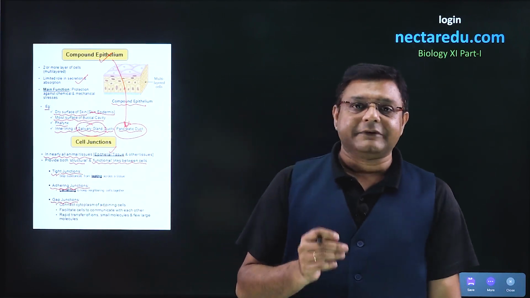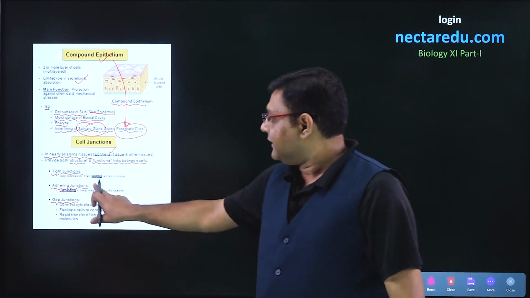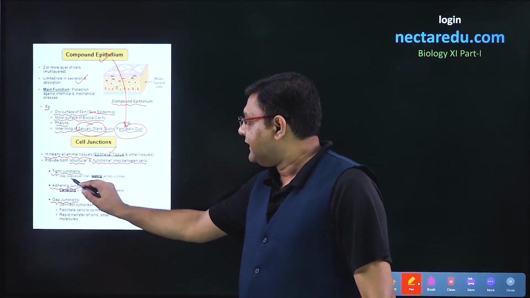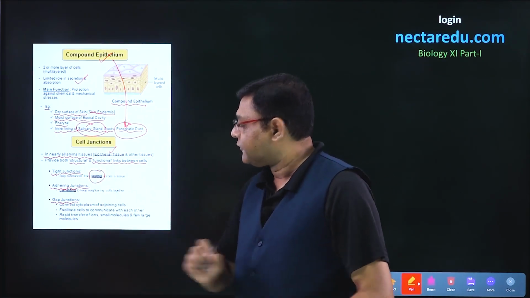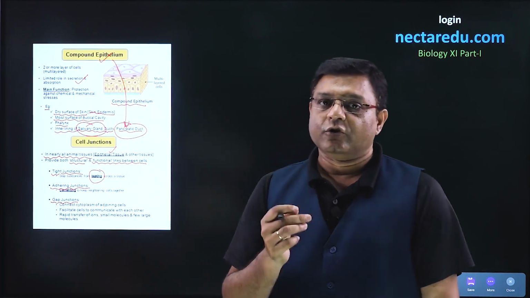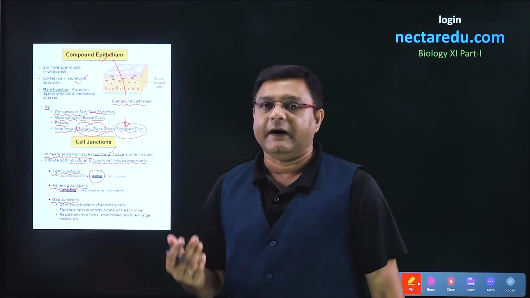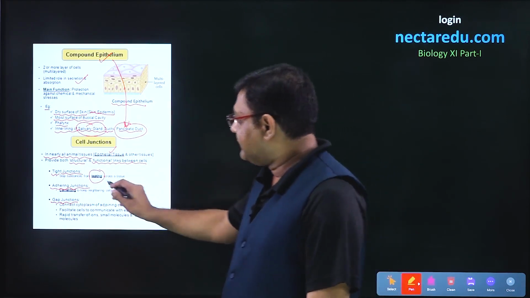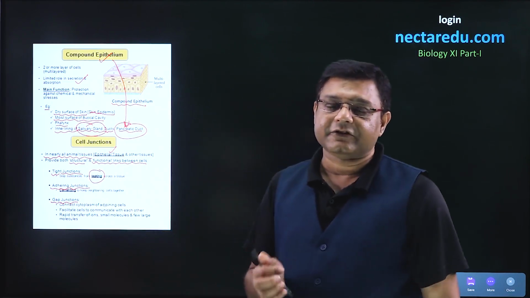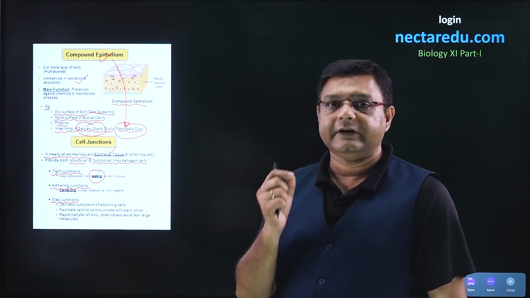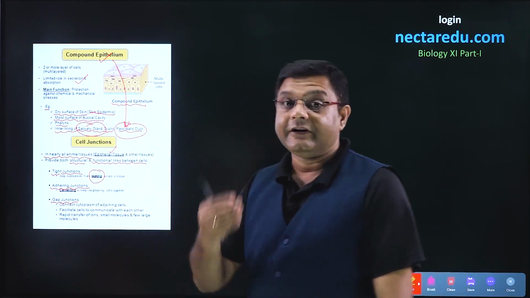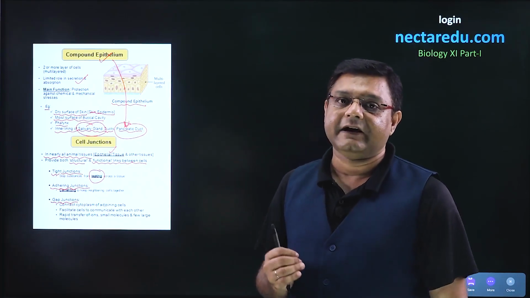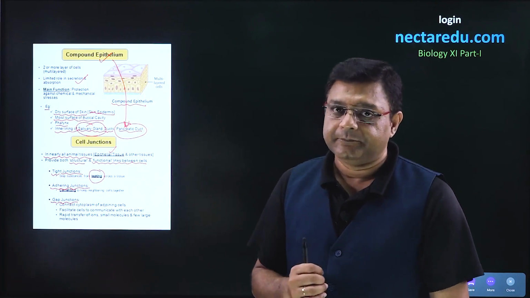As the name says, a tight junction binds the cells very tightly, and that is why it stops substances from leaking across a tissue. Let us take the example of bathing. Water doesn't enter our skin, and the reason is tight junctions. Tight junctions hold the cells so tightly that water will not leak inside, nor will the fluid present inside our body leak outside.